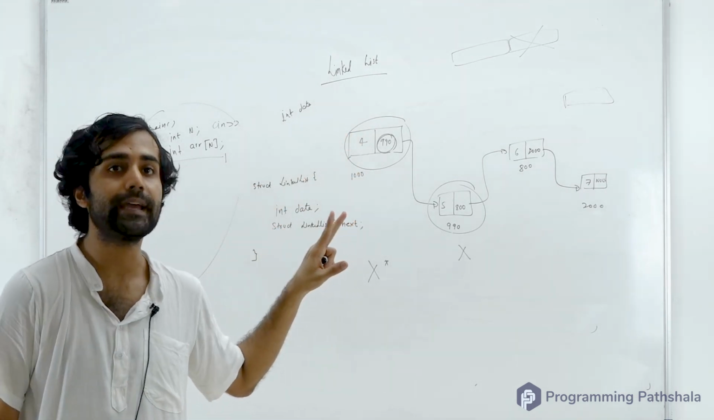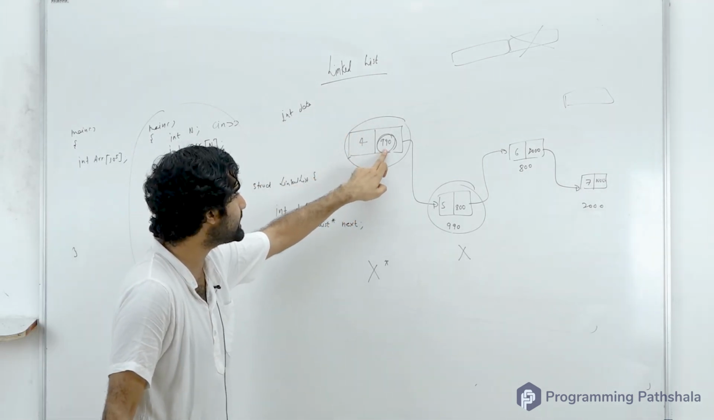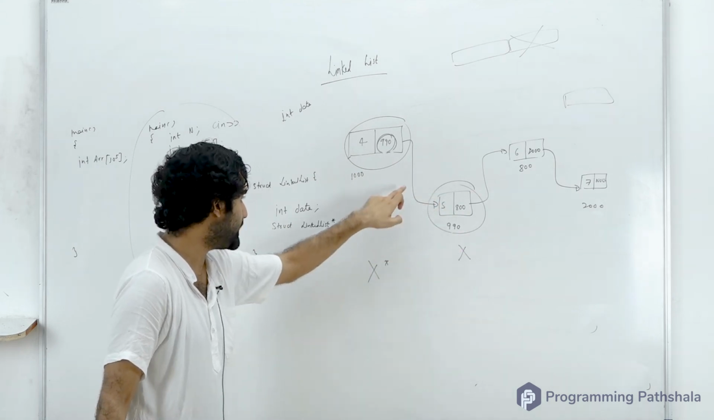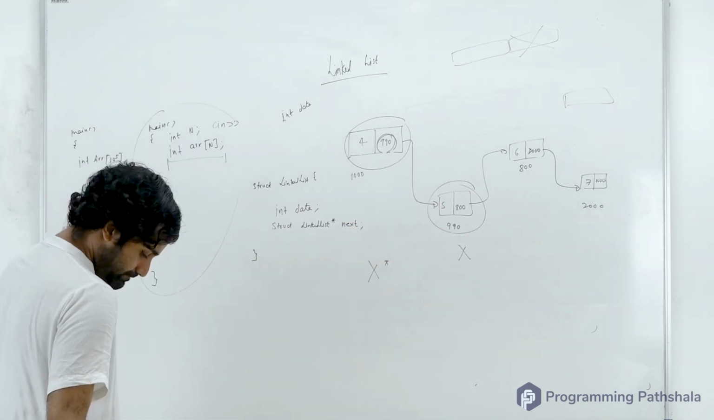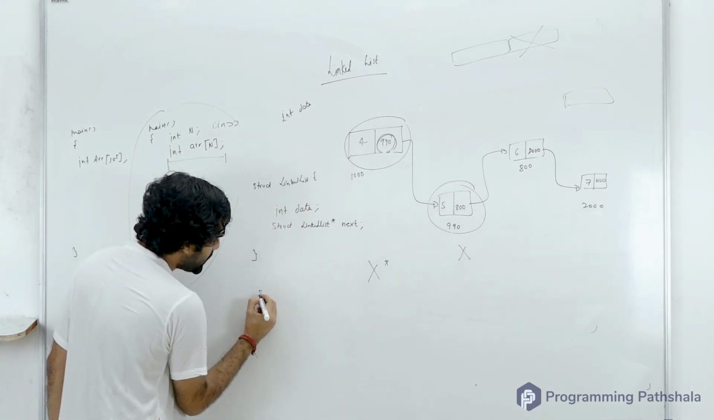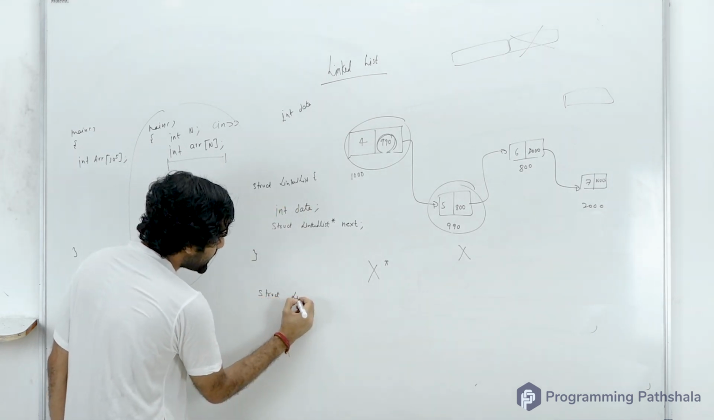So there are two things. First thing is data, and second thing is the address of the next node. And the address of the next node is stored in this type. Now, because this is a struct type, you can always define anything. Struct linked list